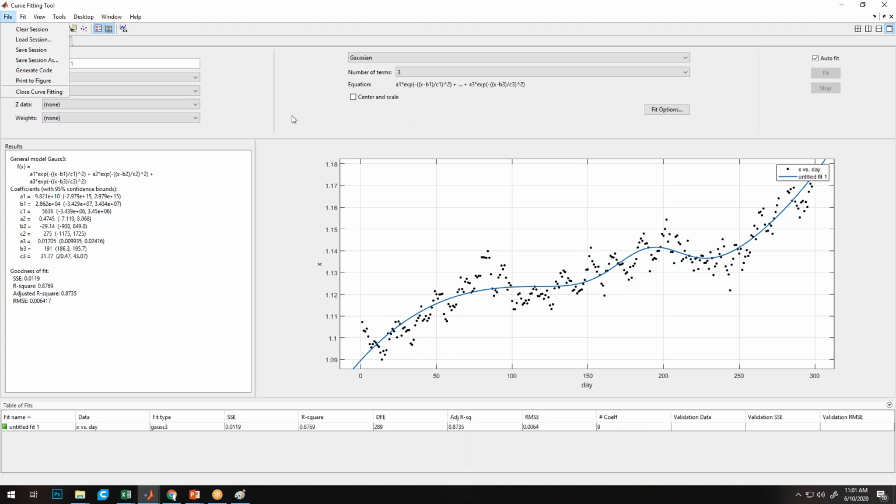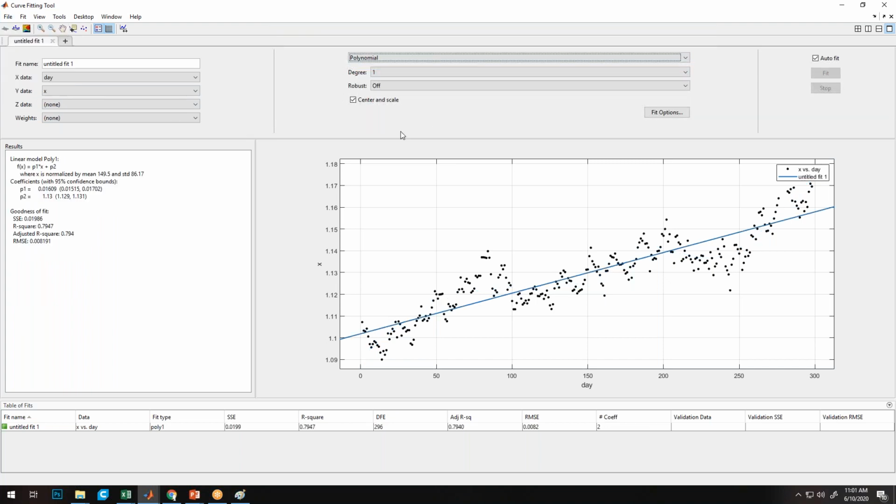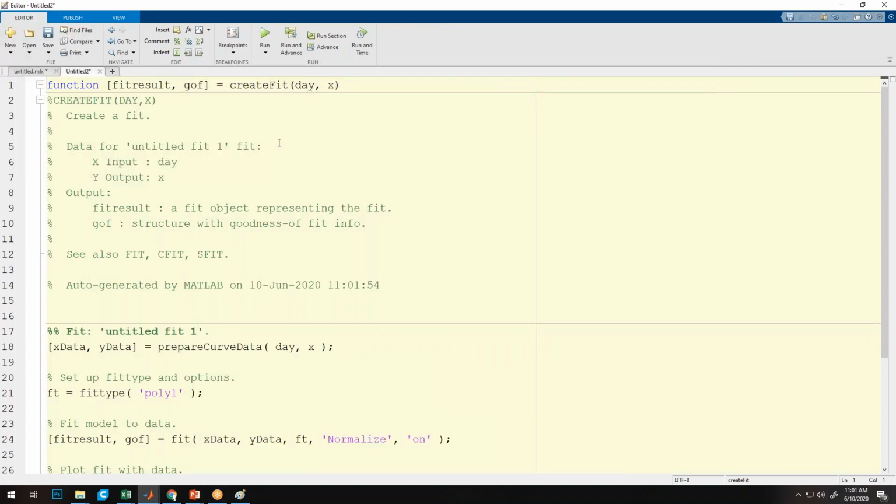Like whatever we are doing here, let's correlate this one with the polynomial. So we want to fit a straight line over the entire data set, and we want to know a long-term trend. So once we have done all this, where we have passed the date and on the y-axis we have passed the currency exchange data, then if you click on generate code, it will give you again a function, like what we have seen in the segmenter and all.